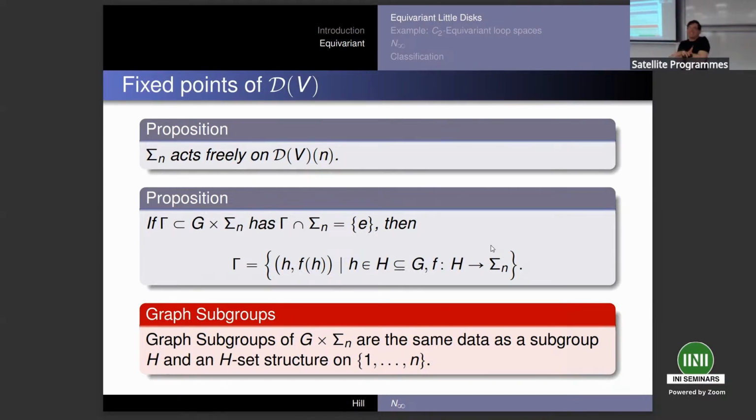That's like literally the whole statement. So because of that, I don't actually care about the fixed points for the vast majority of subgroups of G cross sigma n. If I have just a general product of groups, I know what the subgroups look like. There's a really complicated formula for this. I choose a subgroup of the first, I choose a subgroup of the second, I choose subquotients of each of these and an isomorphism between them.